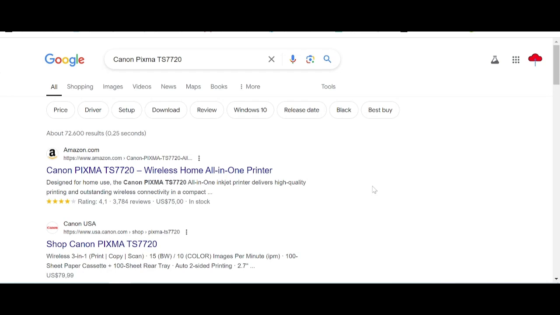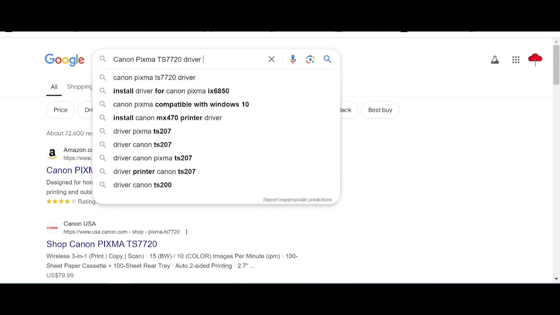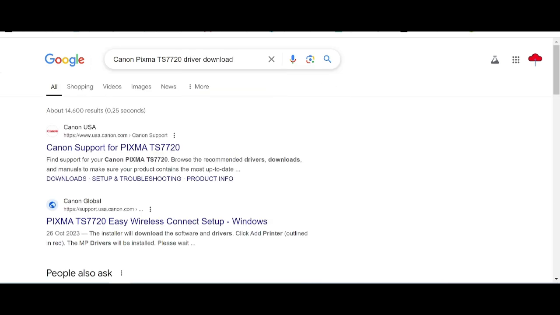Now I'm going to download the driver for the Canon Pixma. You type here "driver download", and this is why I search for the official website for you. I will download from the official website. The official website is not a virus and is easy to download from. And this here is the official website